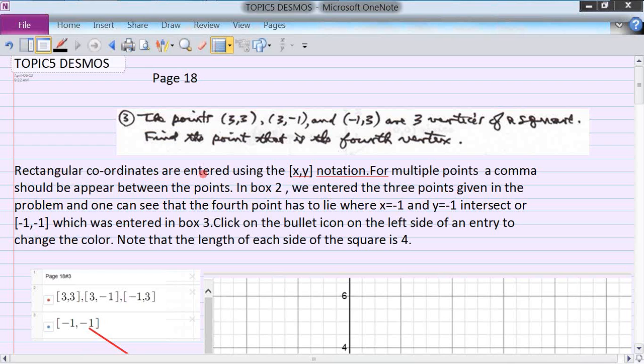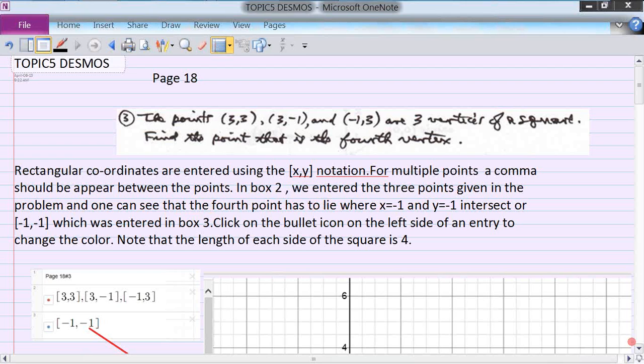Rectangular coordinates are entered using this kind of notation here. So we need the square bracket here. And you can see here I've entered the point (3, 3). For multiple points, a comma should appear between the points. So you see I've got a comma here. So in box 2, we've entered the 3 points given in the problem, and one can see where the fourth point is